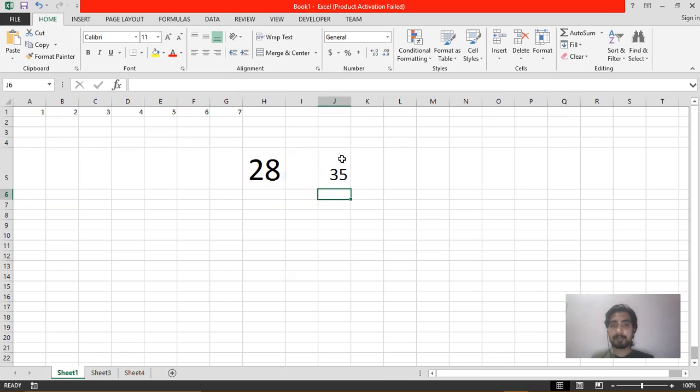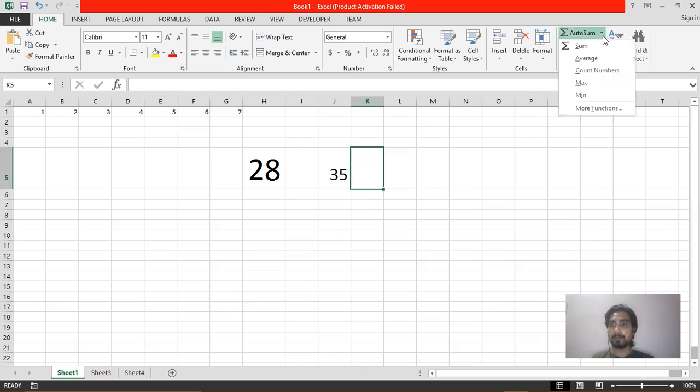So this is one of the ways in which you can do the calculation in MS Excel, or else you can select the cell, then go in the home tab, and in the home tab, in the editing group, you will get the auto sum option. Just click on the downward arrow here and select what type of calculations you want, and then you can select that formula, and the calculation will be done according to that. So in this class, till this much only. In the next class we will learn some more tools of MS Excel application, so that we can do our work much better and much faster.